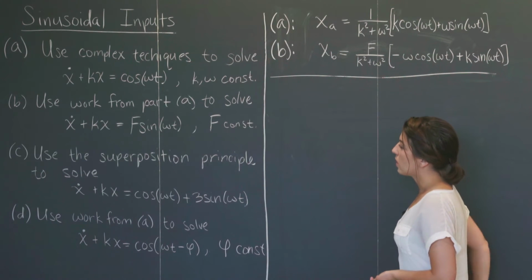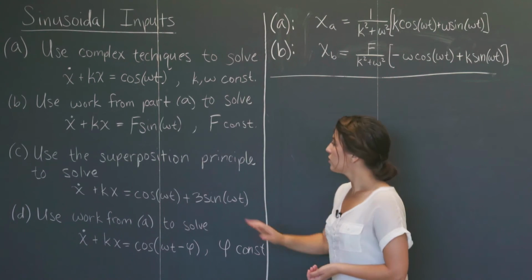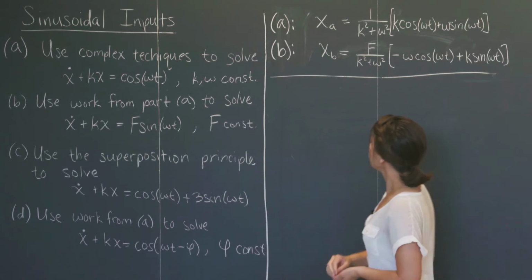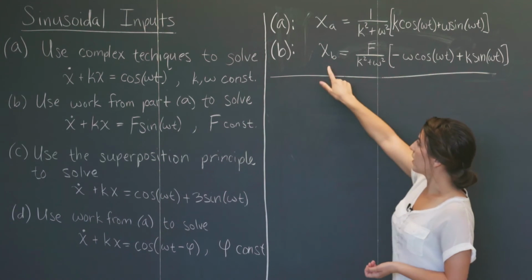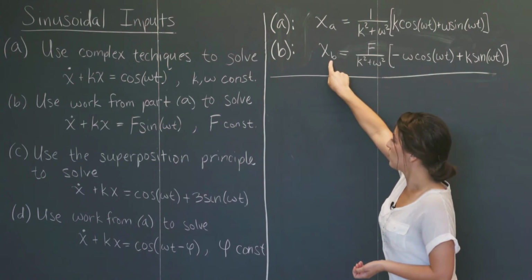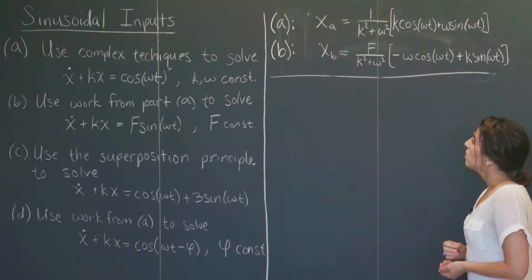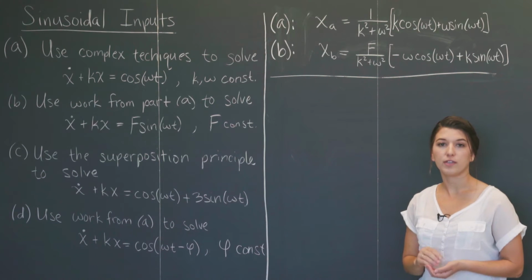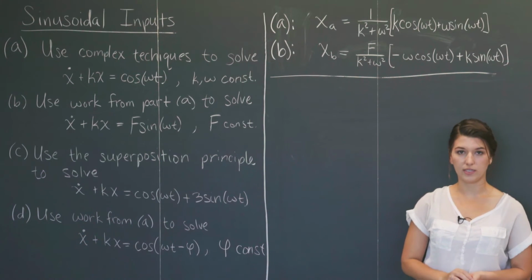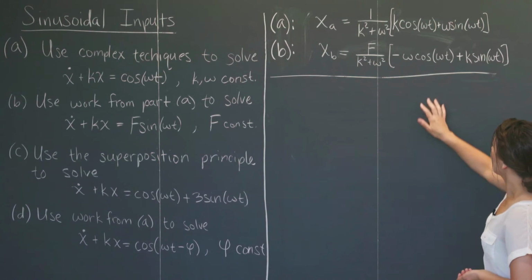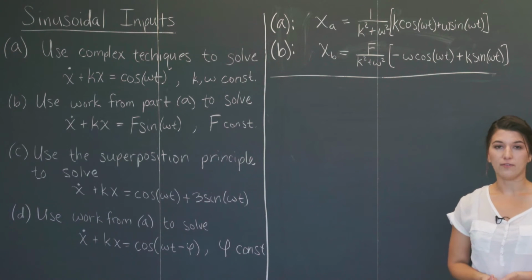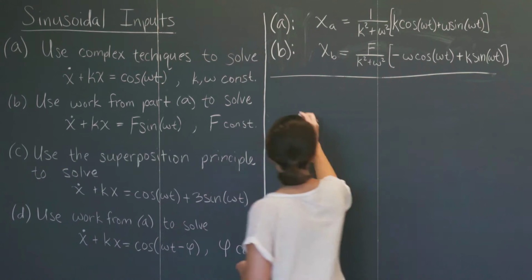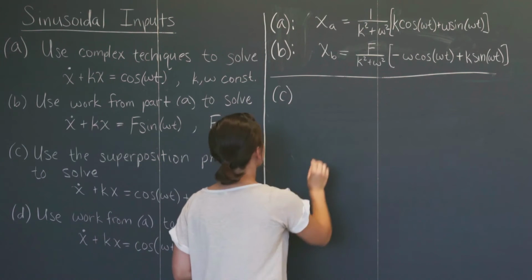In part B, we used complex replacement as well as our work from part A to solve x dot plus kx equals an input of f times sine omega t. And we found this particular solution, which again I've relabeled as x sub b so that we remember which part this corresponds to. Also remember that part A was found by taking the real part of the particular solution to the complexified ODE, and part B was found by taking the imaginary part of that solution and multiplying by a constant f. So now we're going to move on to part C, which is to solve